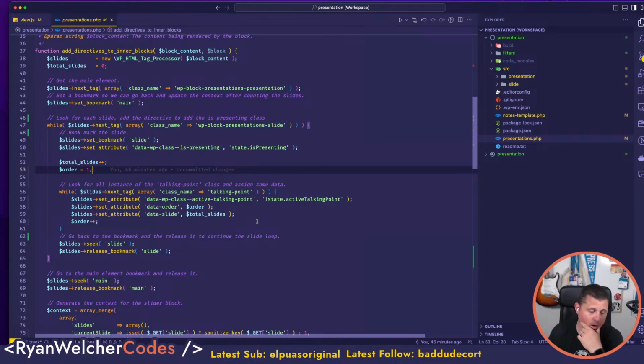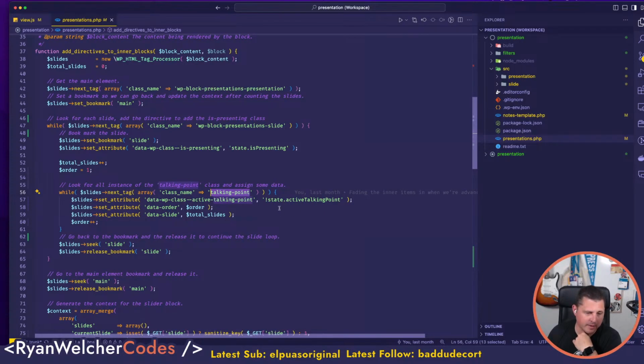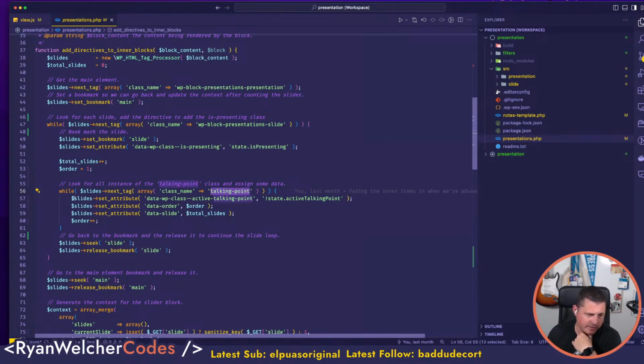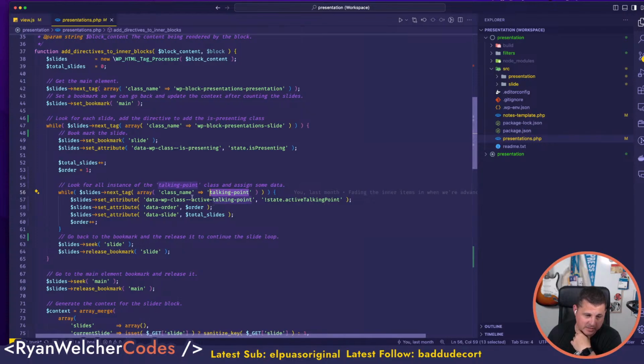Yeah, that's kind of where I was going with this. So what I've done is I'm looking for things that have the class assigned of talking point, and then I'm setting some things in there. I'm setting an active, whether or not it's an active talking point. I can't remember why I have that logic set up. But anyways, that's adding a class to it, if it's active or not. Some CSS that we can look at, and then I'm keeping track of the order and the slide, because what I need to know is